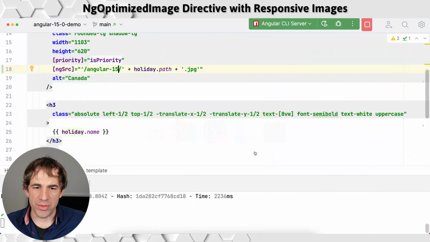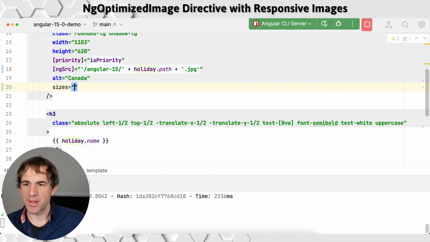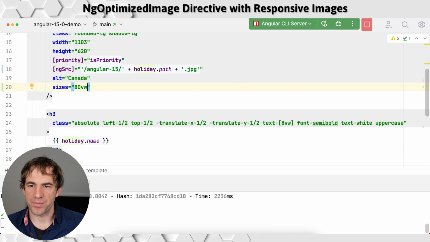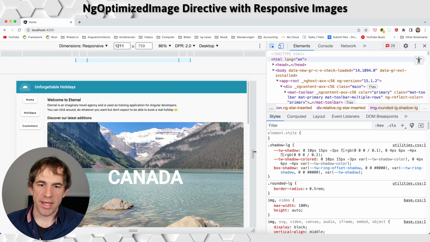The way I can do this is by using the sizes attribute. So I say here sizes, 80 viewport width. This means 80% is now occupied. If I now go back,